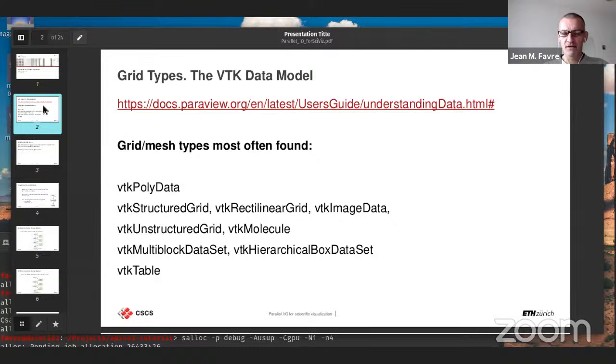For example, in adaptive mesh refinement, we would have collections of VTK image data. Or else, if we have an octree-based adaptive mesh resolution, we would have a collection of unstructured grids of type